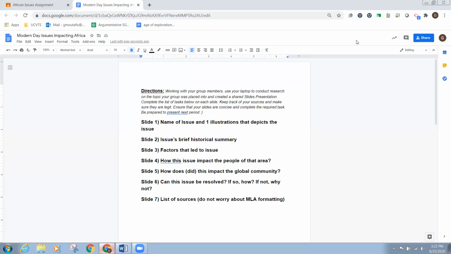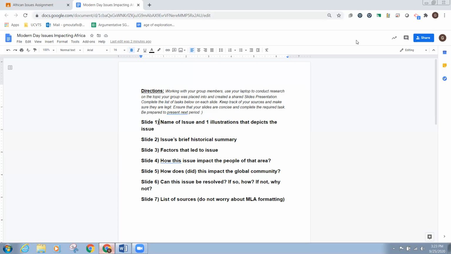So, for example, what I'm going to show you now is what the two different types of structured jigsaws look like. In a sense, structured jigsaws could be used as both an introduction and an assessment, and I'm going to show you how that looks for both instances. So in the first, what you see here is an assignment I gave the other day while we were still in all remote learning. What you see here is basically a